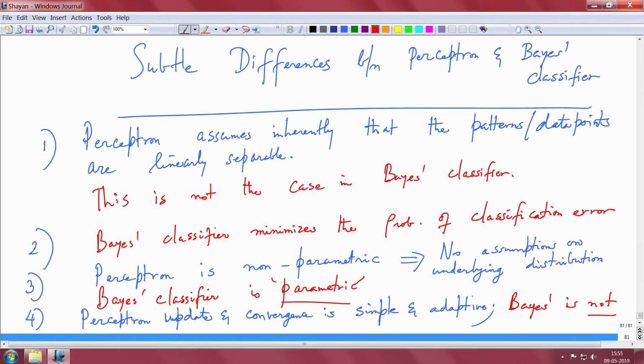And the other important distinction is, what if, as I am getting data points, the weight and the bias have to be updated, right? If there is a change in the statistics and it is sort of a non-stationary environment, right? The statistics are not the same and I keep getting data points. In Bayes it is difficult for me to model that scenario, whereas in the case of the perceptron I do not care, because I am just getting data points the way they are and I tend to classify them. So, these are some of the subtle differences, and when you code up the algorithms and know the data points, I think you can figure out which is best suited for your applications.